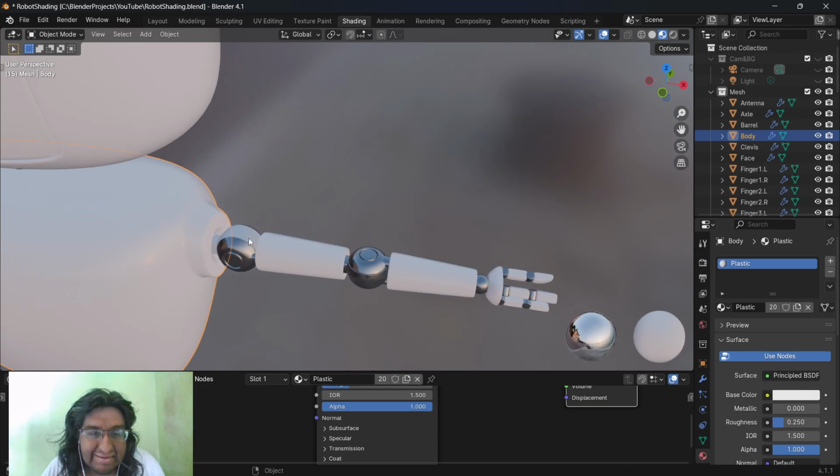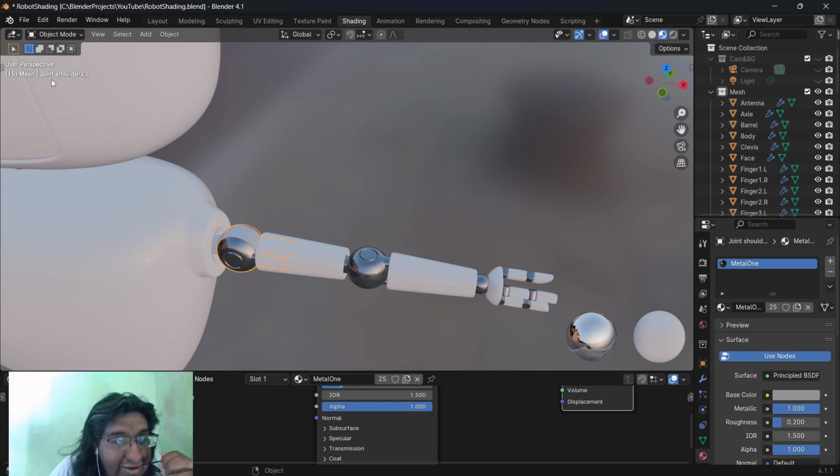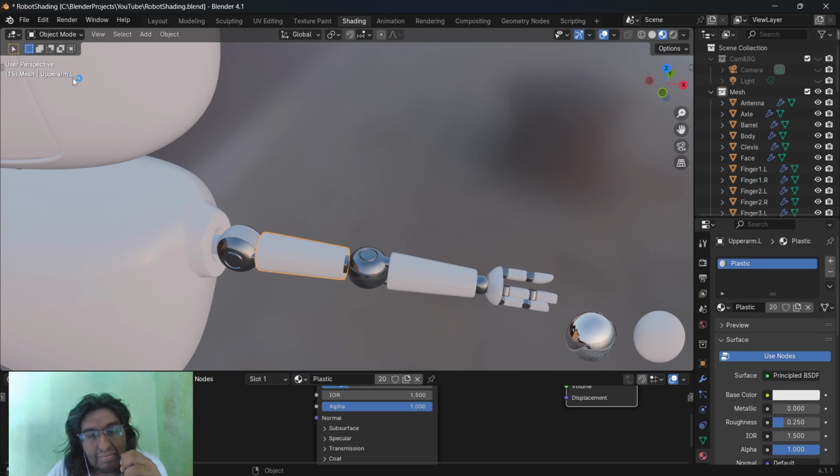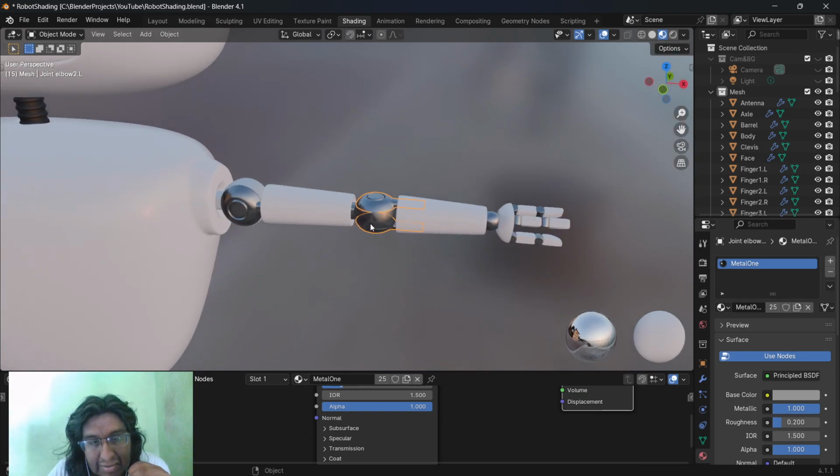Now this in the left hand, this is called joint shoulder 1.l, because it will be replicated with these same names in the right side, in the right hand. And this is joint shoulder 2.l, upper arm.l. This is joint elbow 2.l. I will probably write this for you. I don't know, joint elbow.l,